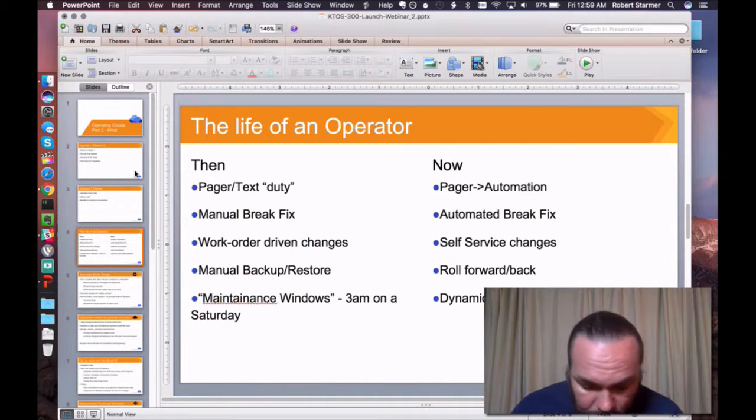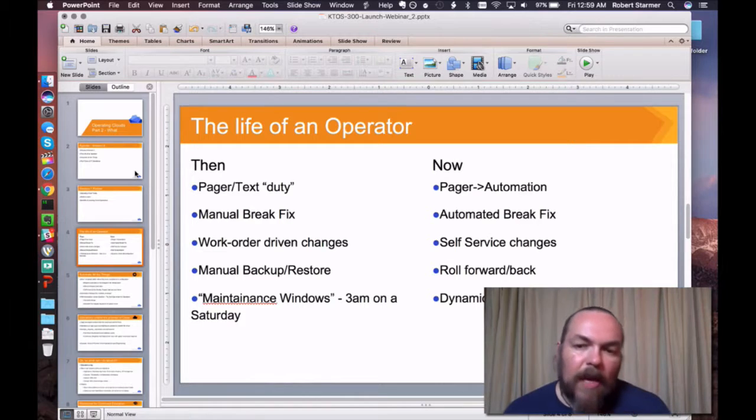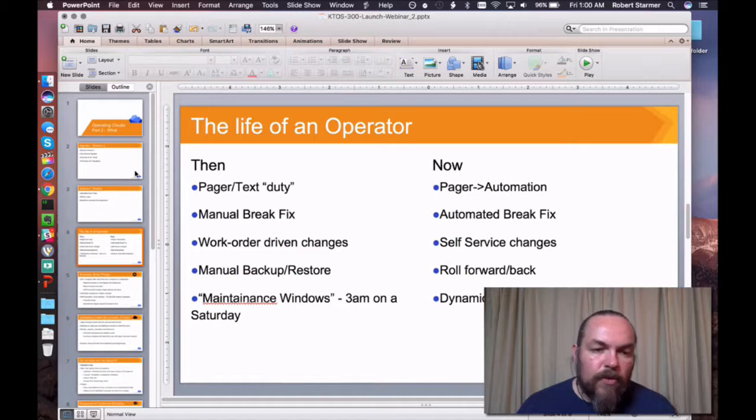Also, a change that comes mostly from the application space. The applications need to be able to support this kind of a model. It changes the whole concept of backup and restore. Often when people talk about backups, they're talking about going to a previous version of a system. Well, with the concept of rollback, roll forward sorts of environments and distributed storage that no longer has quite the number of potential single points of failure in it, it's possible to start thinking about our applications as these dynamic lifecycle services.